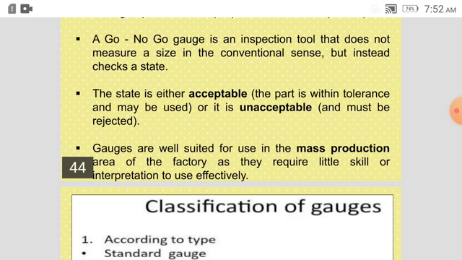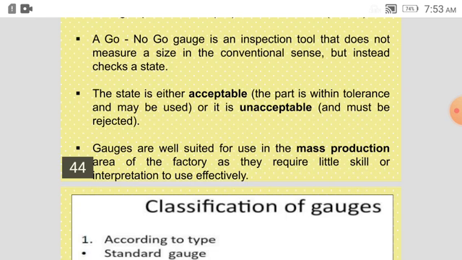I have already told you, whenever we are producing a number of identical parts in mass, it is very difficult to maintain and check the quality, and for the inspector it will be a very tedious job to check the quality of each part produced. So we can randomly select and just check with the gauges. No need of taking readings, maintaining a data sheet and seeing whether we are producing some faulty parts or not.